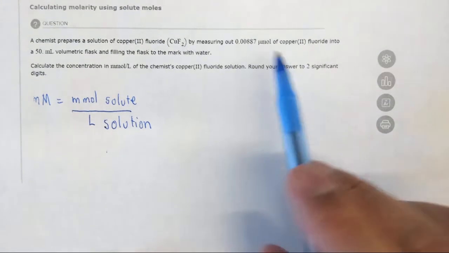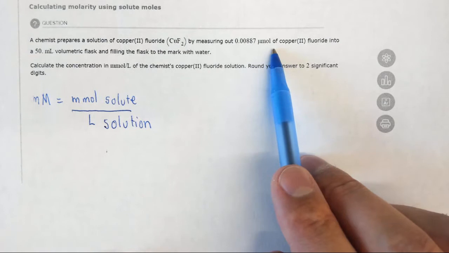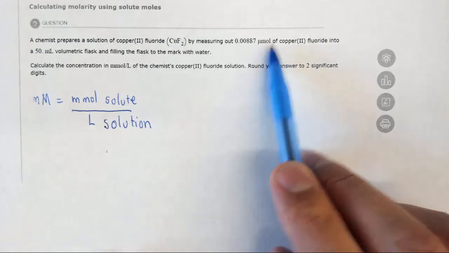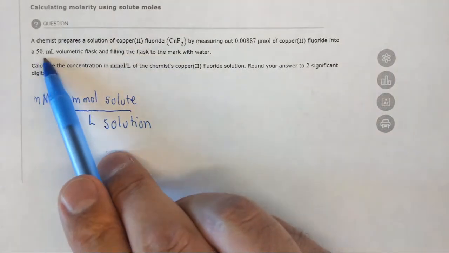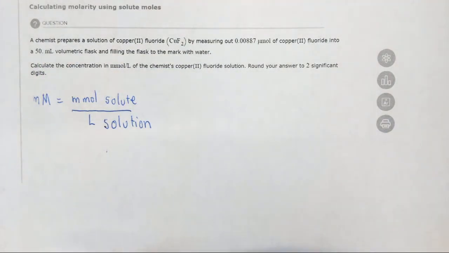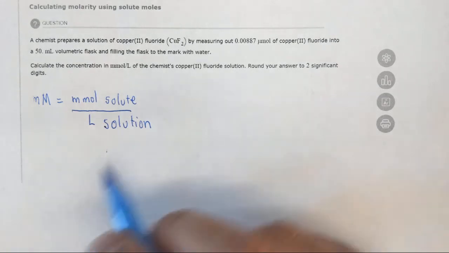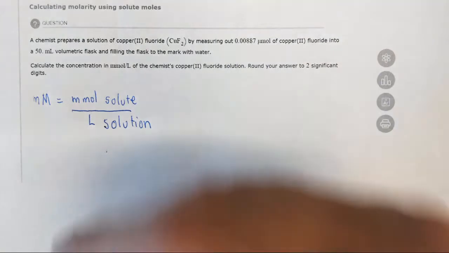However, of course, we're not given what we need. We're given micromoles instead of millimoles. So we need to convert this micromoles to millimoles, and we need to convert these milliliters to liters, and then we can do the division. So to do this, what we should do is, starting with